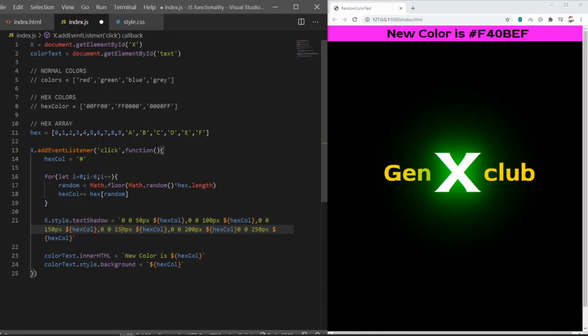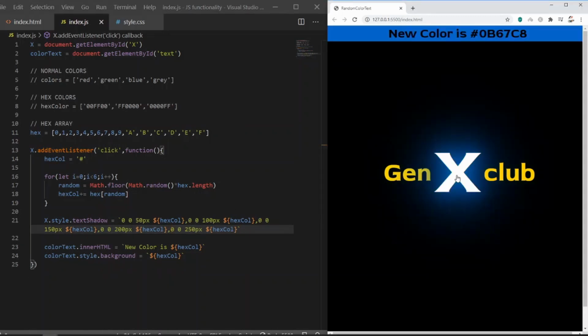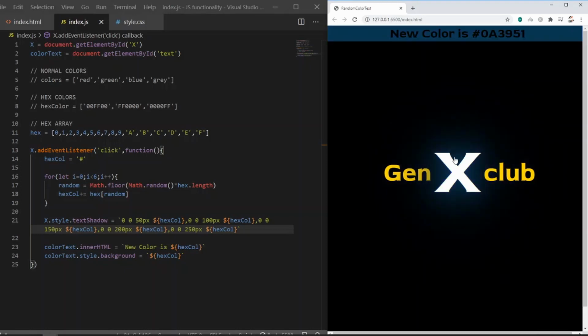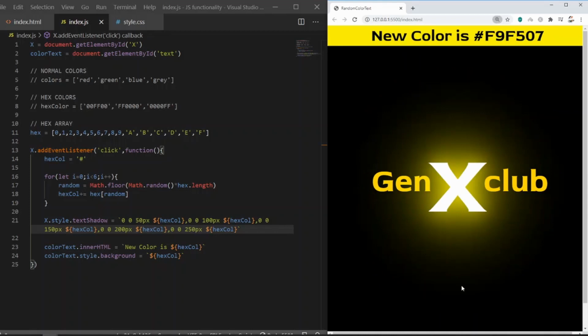Oh, we have an extra one over here. That's 150, 200, 250. We have an extra one here, so let's remove one of those. Yeah. So let's save this and let's click on it, and there you go. So our logo X also has an awesome shadow now. Look at that, it looks amazing.